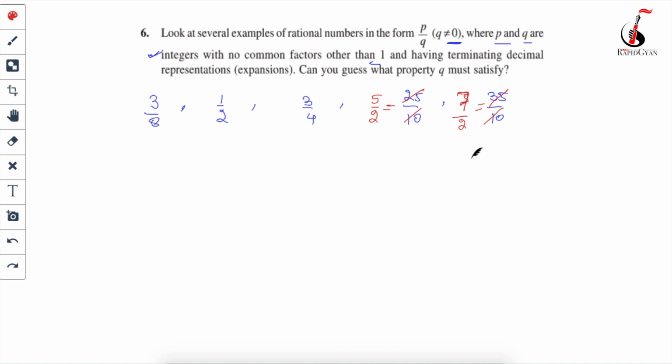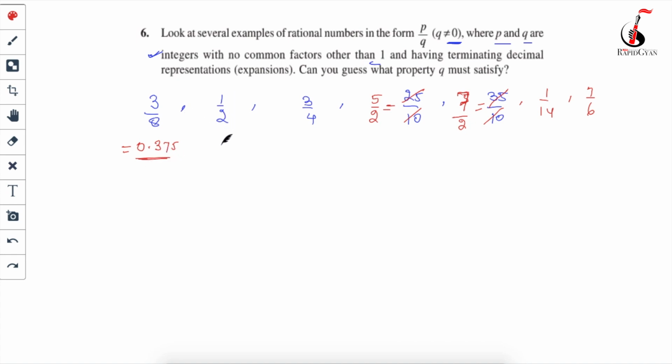Okay. Now let's find its decimal expression. I will just take one more example. I will simply take 1 by 14, and the other one I will take, like say, any number, just think 7 by 6. I will come to why I have taken these numbers. So 3 by 8, let's solve 3 by 8. If you solve 3 by 8, you will get 0.375. Okay, that's your terminating decimal.